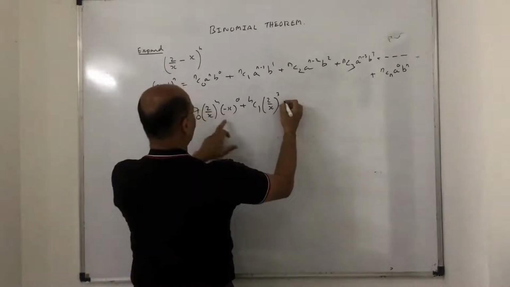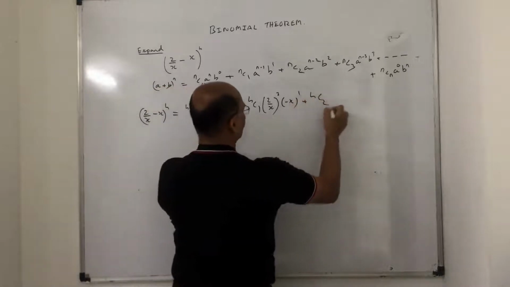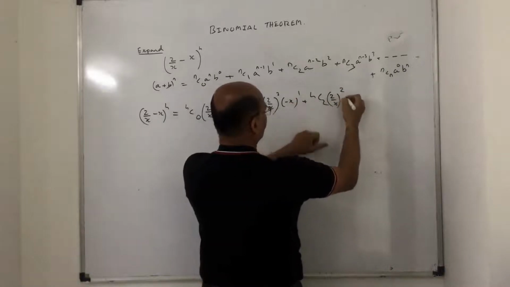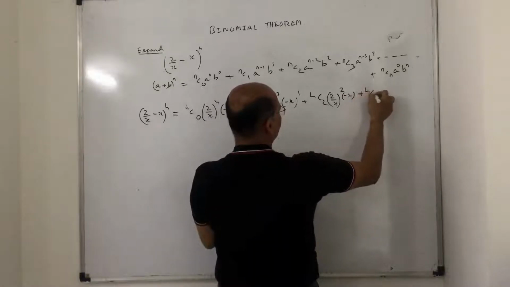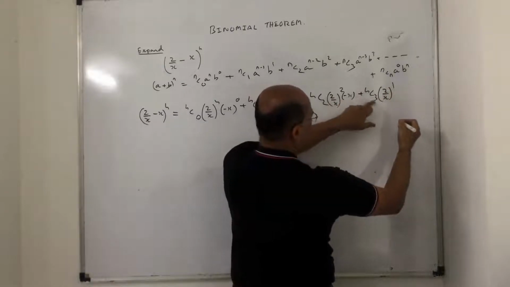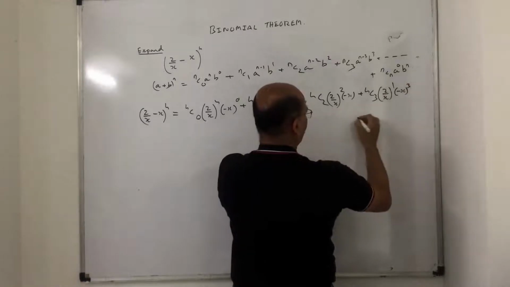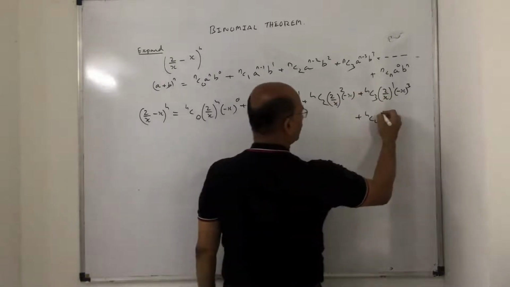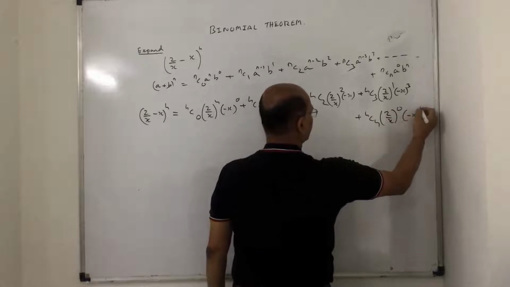Then second term is what? Minus x raised to what? This one. Plus 4C2, 2 upon x raised to 4 minus 2 is 2, and second term minus x raised to 2. Plus 4C3. First term 2 upon x raised to 1, because 4 minus 3 is 1, and second term, don't forget, is minus x raised to 3. Plus 4C4, up to nCn you have to calculate. 4C4, 2 upon x raised to 0, 4 minus 4 is 0, and second term raised to 4.